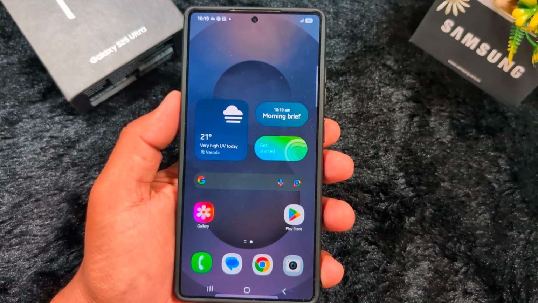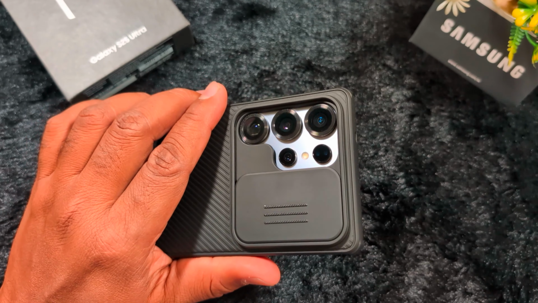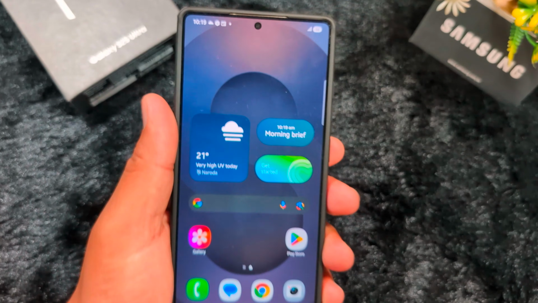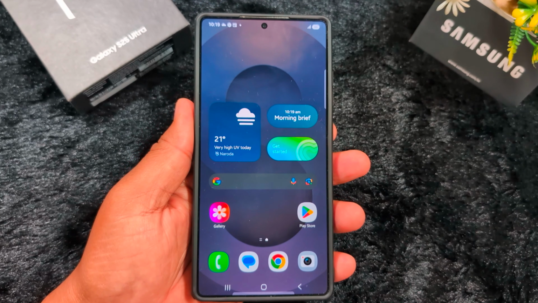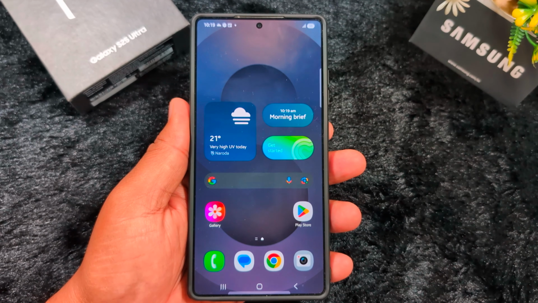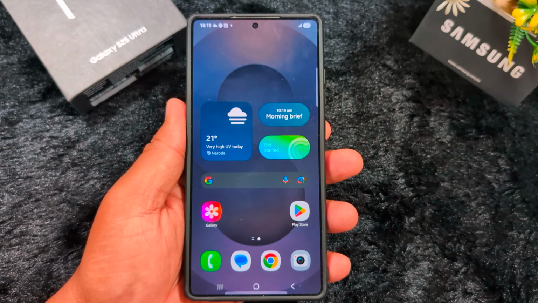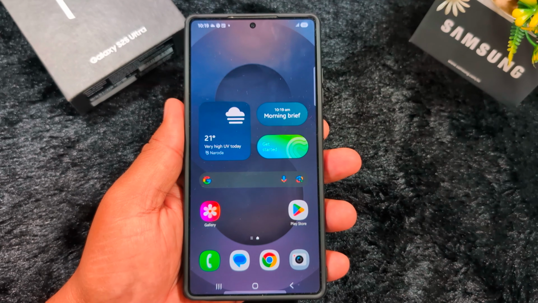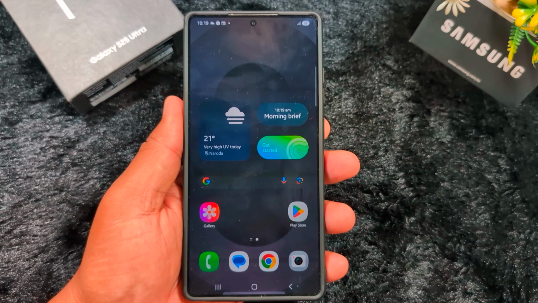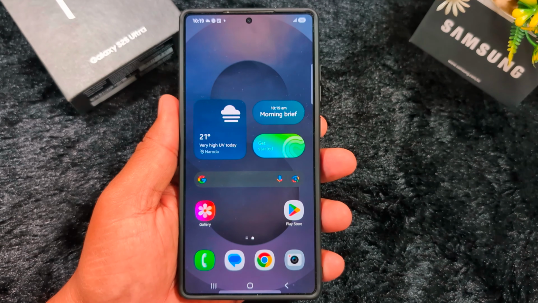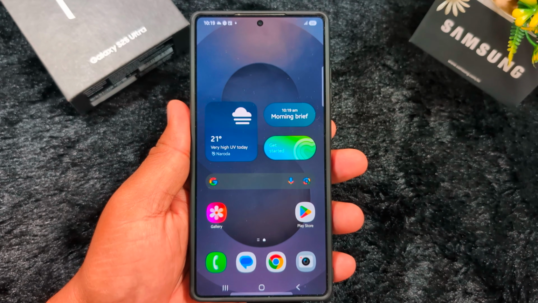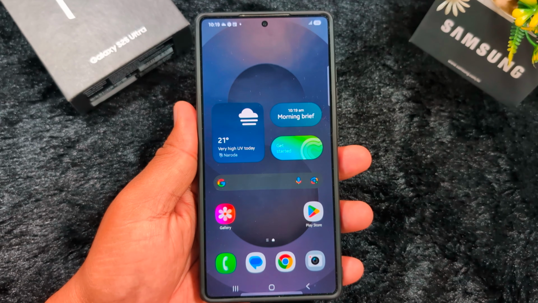How to fix app crashing or freezing issue on a Samsung Galaxy S25 Ultra or any other latest Samsung S25 series. There are several reasons for app crashing or freezing issue, like storage is full, app update missing, software update missing on your device. So let's see one by one. In this video, I will show you 6 different methods to fix the app crashing or freezing issue on a